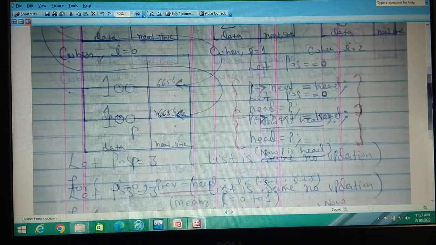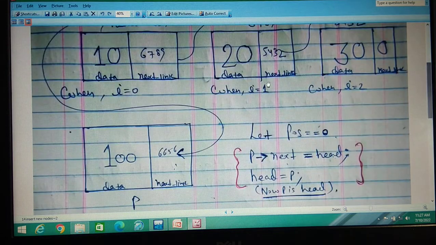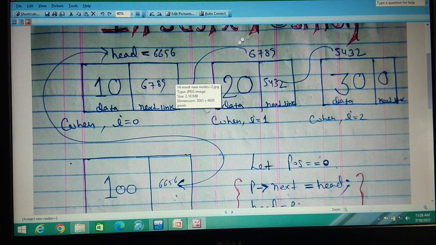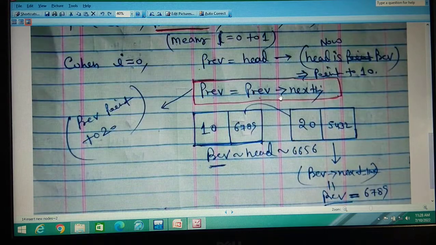Getting the line PREV next is equal to PREV? Before, PREV was this, and its next was holding the address of this P. Now this is PREV. Similarly for the others.